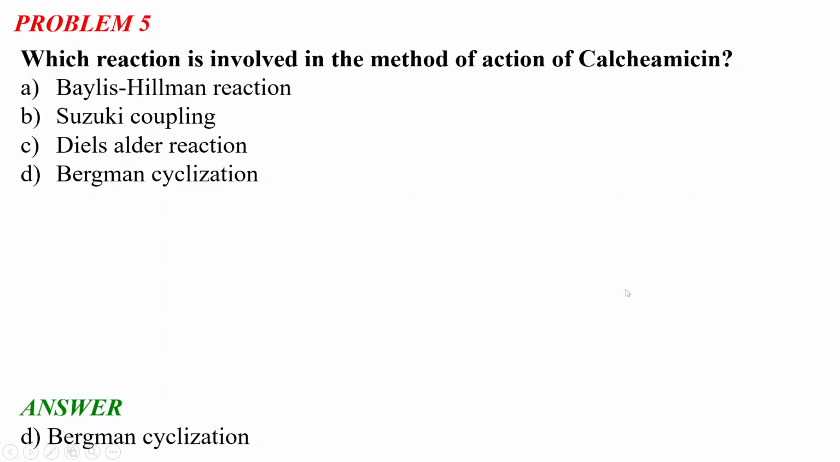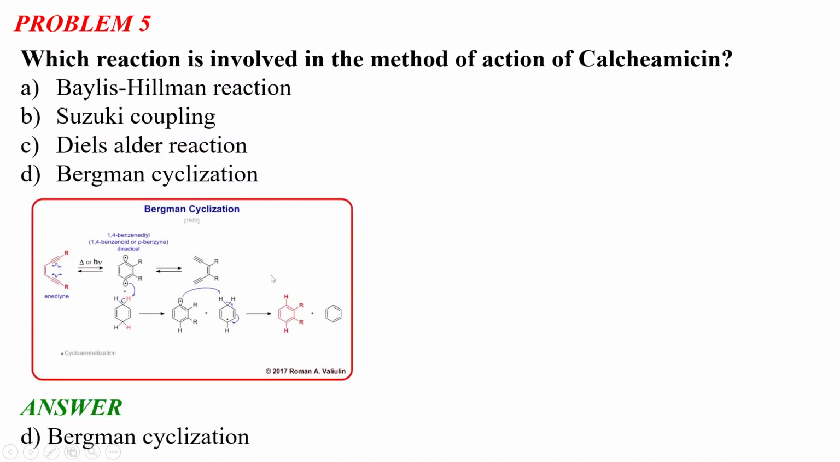So this reaction is involved in the method of action of this calicheamicin, which is a kind of drug. So what is the Bergman cyclization? It is basically a radical reaction, and the starting material for this reaction is the enediyne. So what is the enediyne? Basically it is a triple bond followed by a double bond, and then there is another triple bond. So there is an 'ene' and a 'diyne'. This 'ene' stands for the double bond, and this 'yne' stands